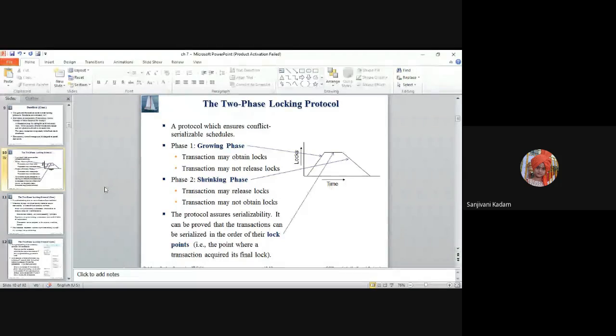The first phase is called the growing phase, where locks are acquired. During this period, only lock requests are sent; no unlock requests are initiated. In the shrinking phase, only unlocking requests can be started; no lock request can be sent to the lock manager.